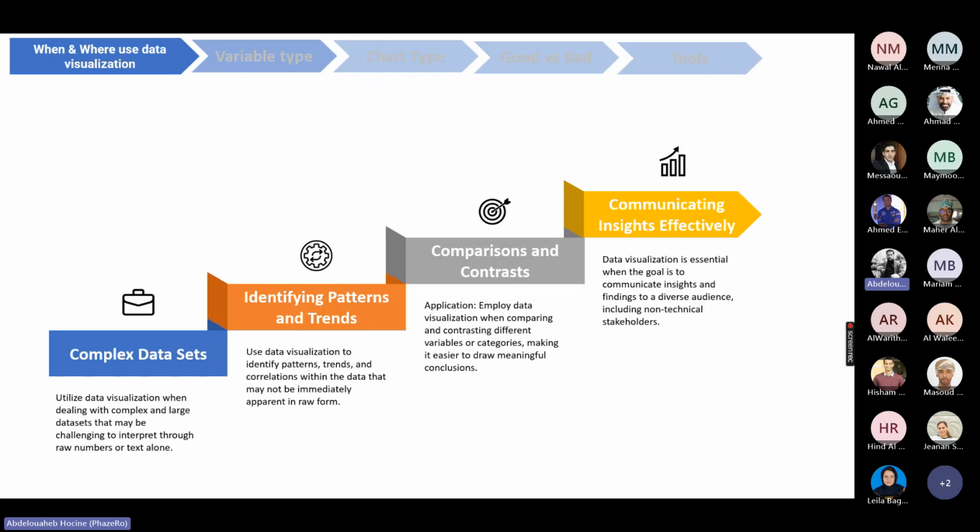We can understand about this one. We have complex data. When we have complex data and we cannot understand it, it will be very necessary for us to go for another option of making visualization to analyze our data. After this, it will be identifying the patterns and the trend. When we have our complex data format, after we go with